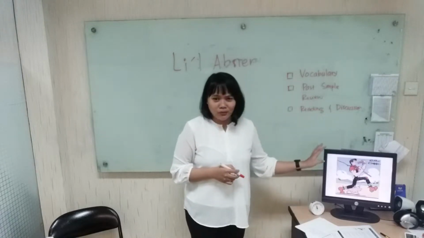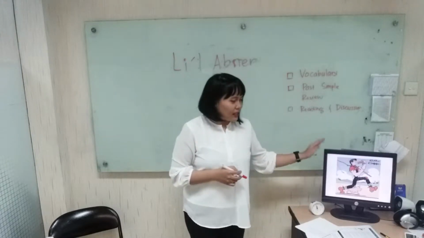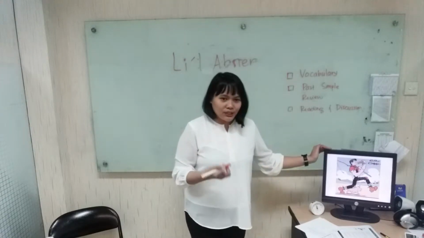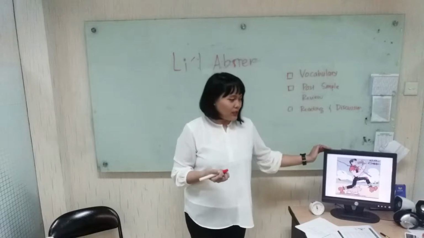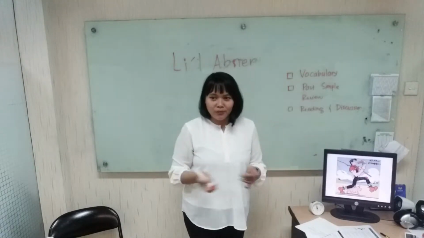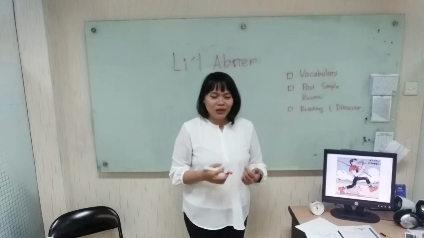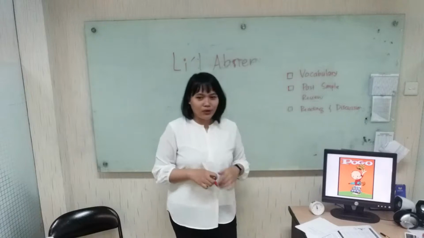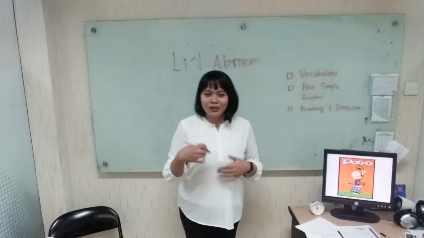He looks pretty clumsy over here, right? And he is actually pretty famous in the 20th century. He is the first comic strip in the USA that tells stories about politics, some kind of that, right? And one other characteristic that we're going to get to know more is while we do the reading passage,